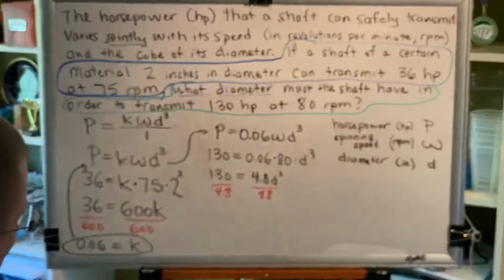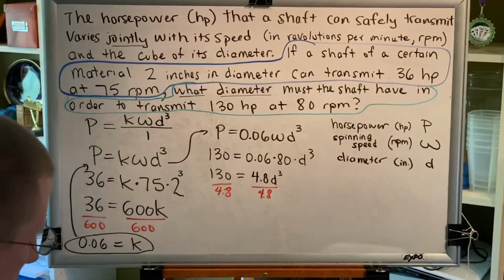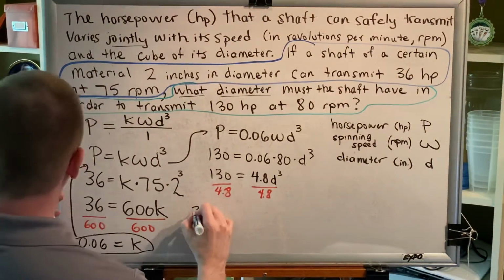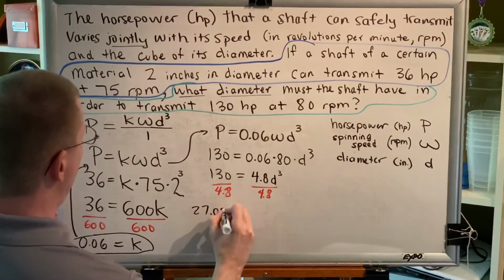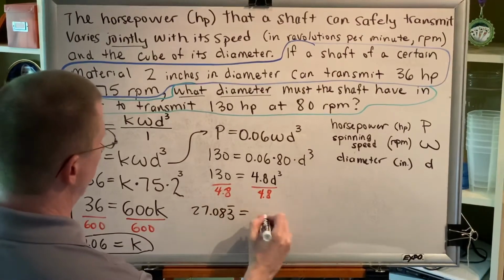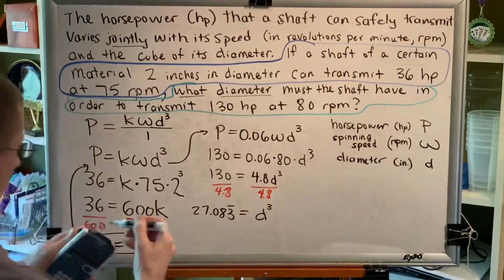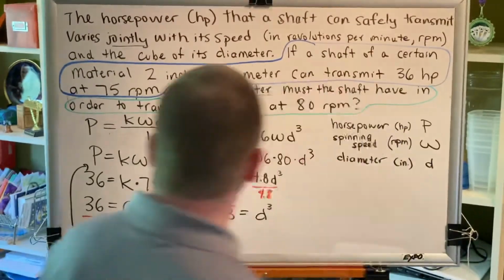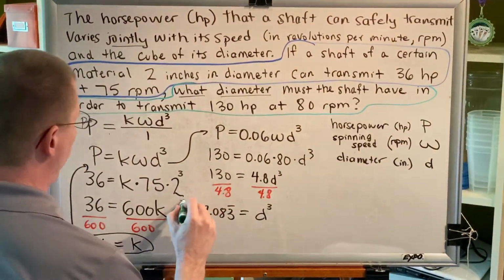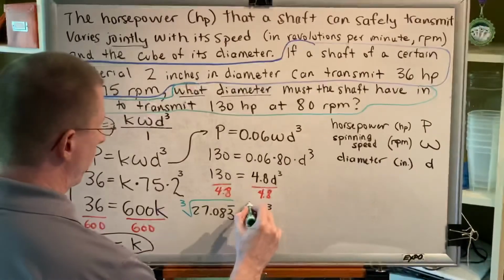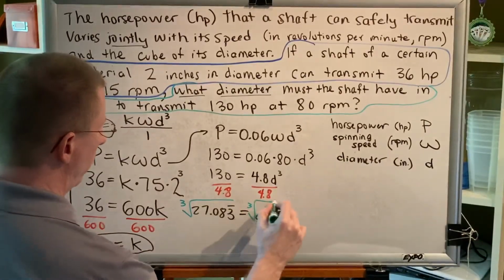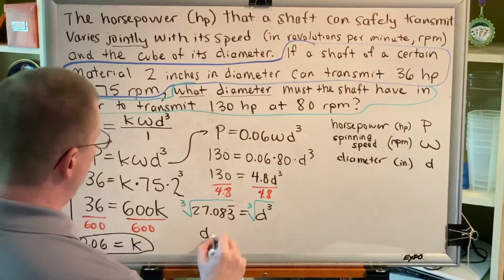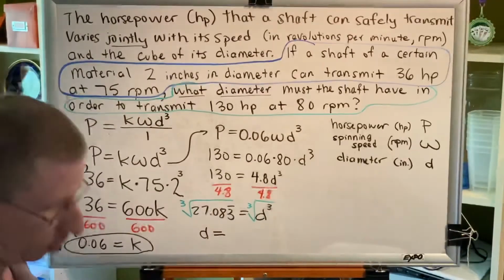Using my calculator, 130 divided by 4.8 is 27.083 repeating. Now take the cube root of both sides to get D by itself. And we discover that D is exactly equal to,